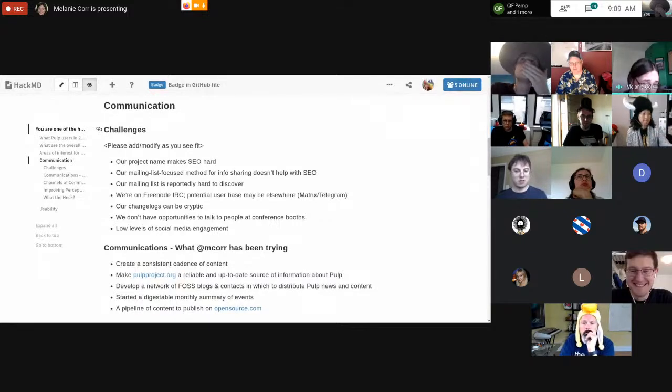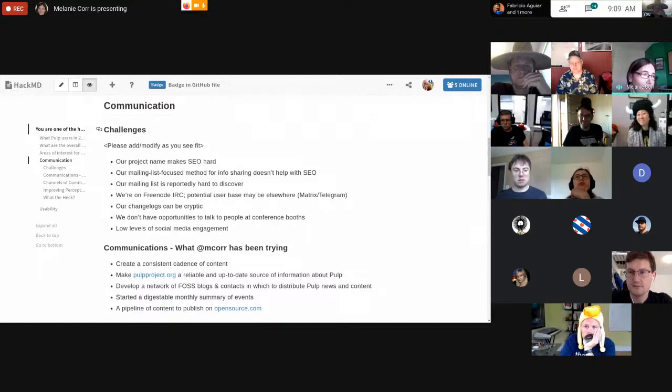One thing I have observed is our change logs can be a bit cryptic. I think it was for the container plugin. Was it a few weeks ago? I was writing up a release announcement and I saw that buried within was a comment about a bug. It was listed under bug fix. I think performance has improved 40% or something like this. And if I was a marketing manager or something like that, we should be screaming about this level of improvement, but it was very neatly tucked away in a very neat and ordered list. So I think that we could be doing perhaps a better job of celebrating some of the improvements